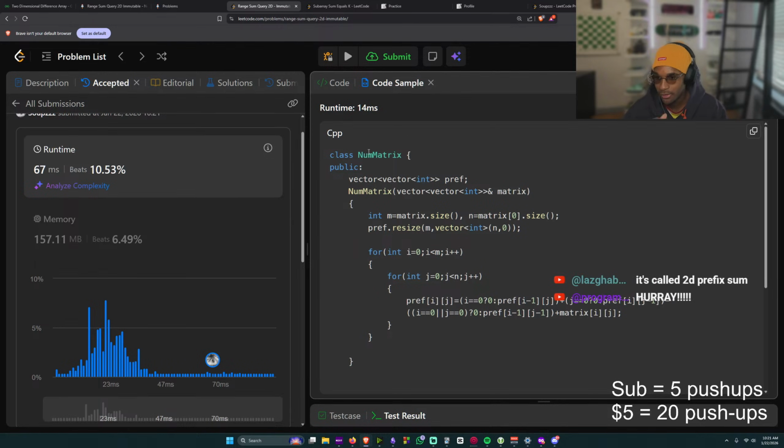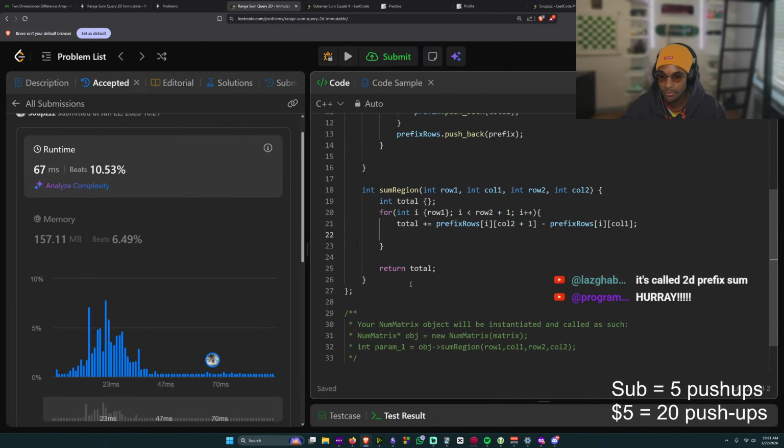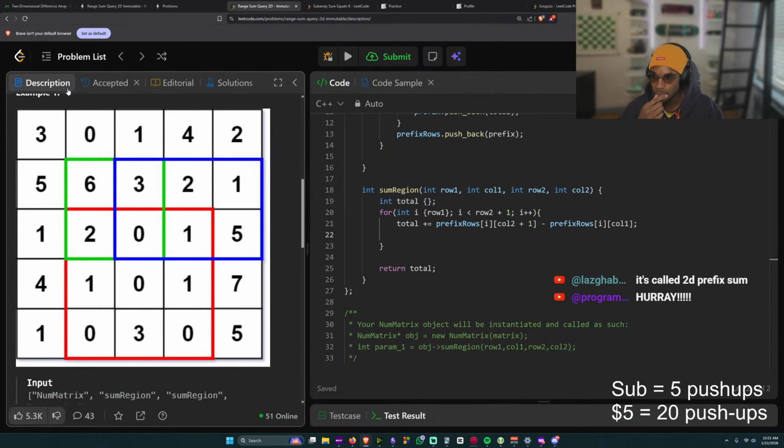It's not O of 1? Oh, you're right, it's not O of 1. I don't think I've ever done a 2D prefix sum, only a 1D. Yeah, good point. I calculate each row in O of 1 time, but not...